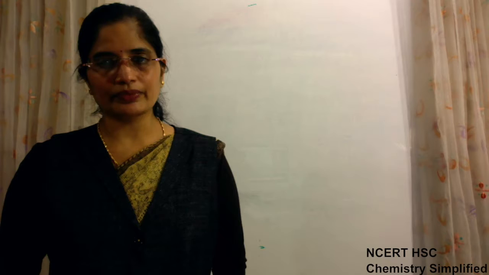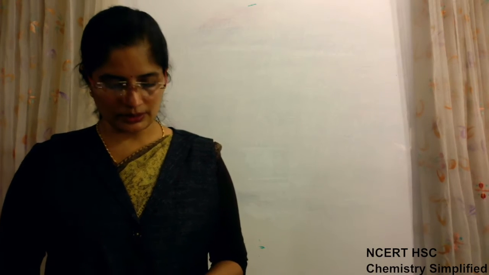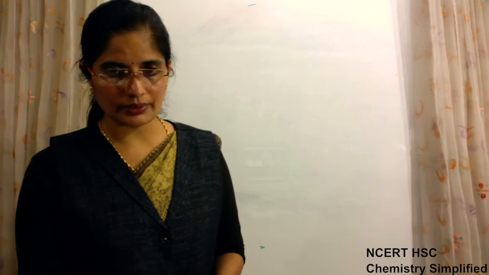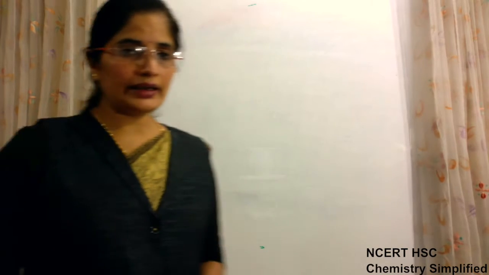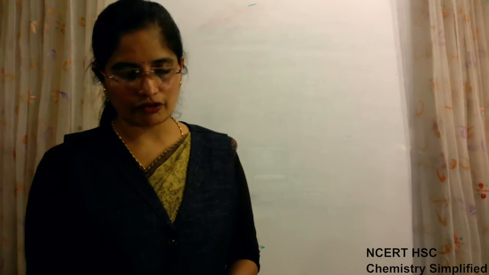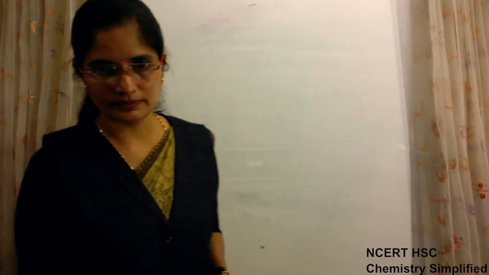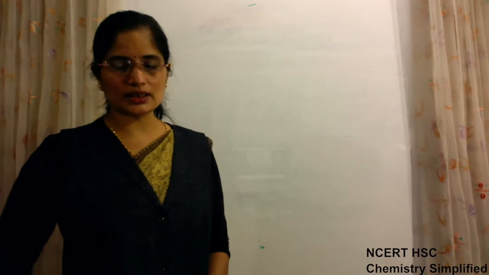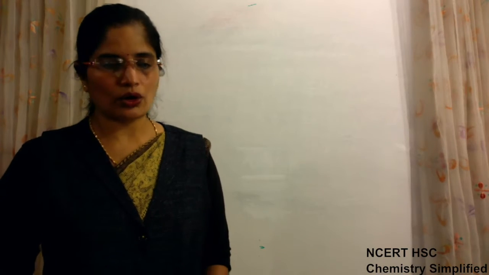We had finished with all four quantum numbers which are possible. Now we will see how electron orbitals are filled, and that certain rules have to be followed for filling of electrons in these orbitals. So today we will see certain rules which are required for filling of electrons in these orbitals.